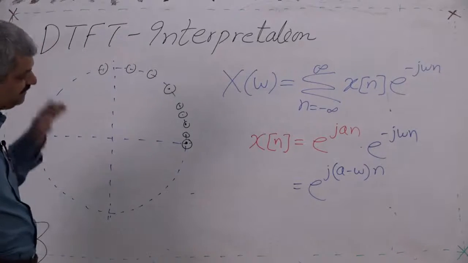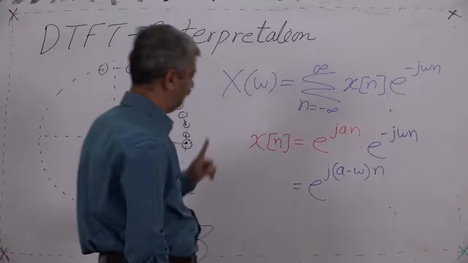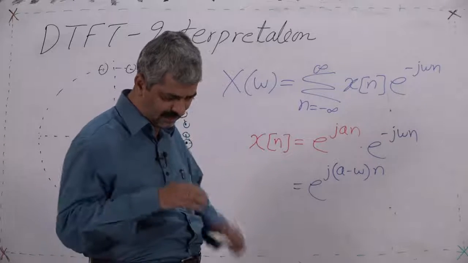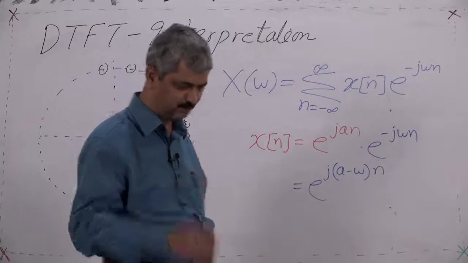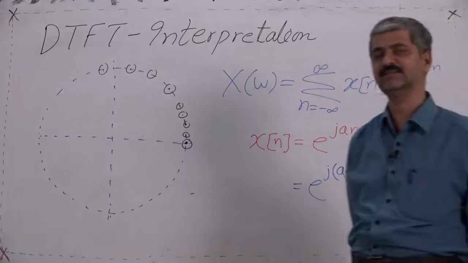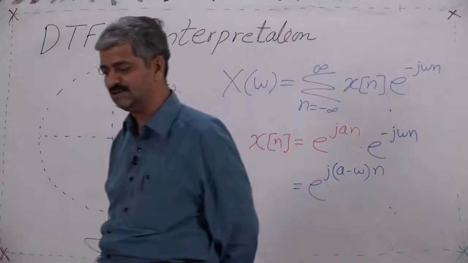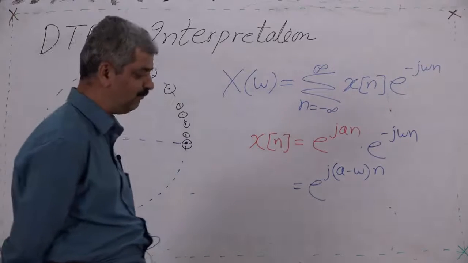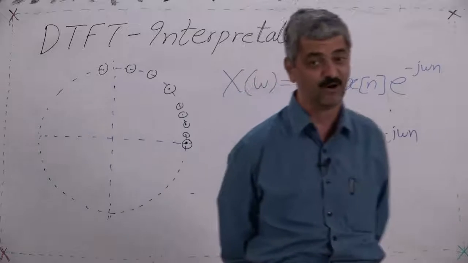Now, there is a very interesting thing. What will happen? Suppose we have got a. a can be any number, right now it is a positive number, let us take, it can be negative also. So, the given sequence is a rotating point in anticlockwise direction at an angular speed of a. Now, we are supposed to find out the discrete time Fourier transform of this rotating point.